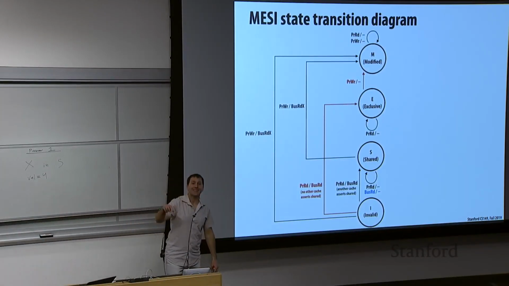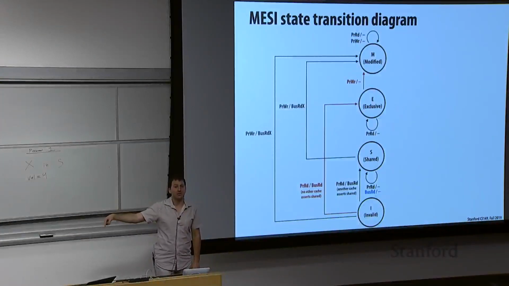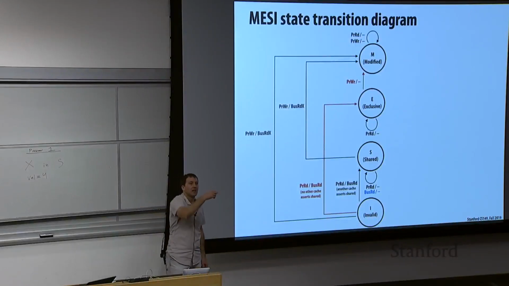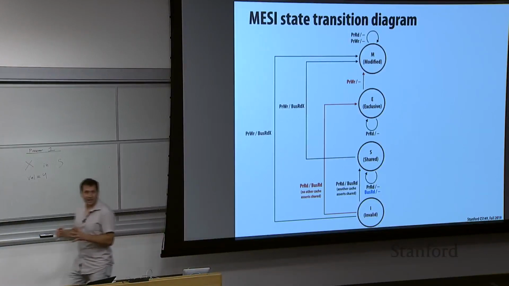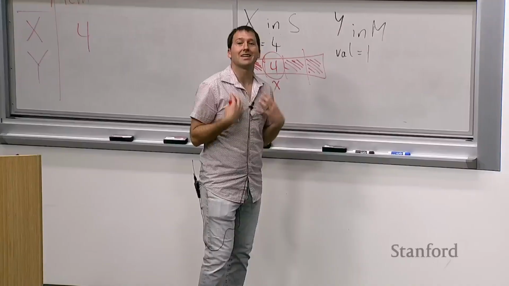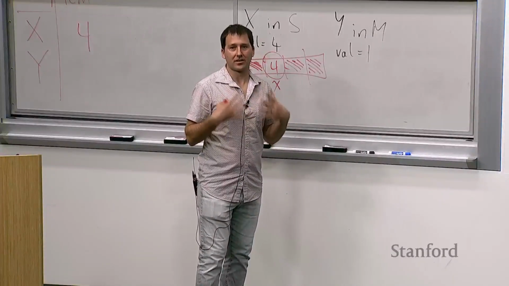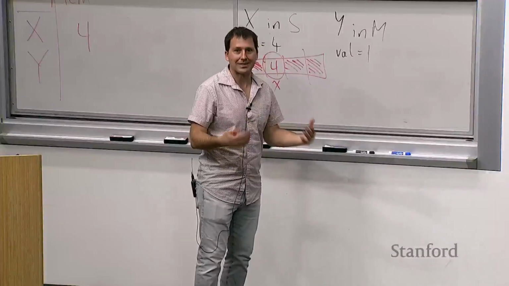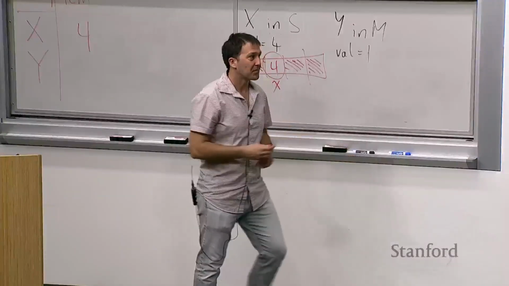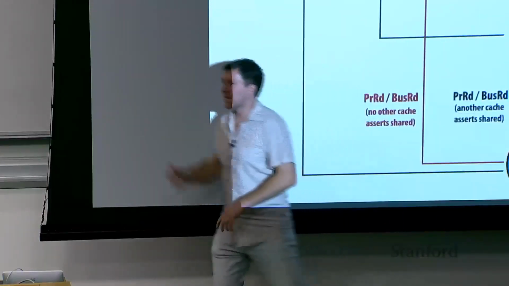Let's think about a particular use case where you read a value and then at some point later you write to it. Very common case in computer science. So let's think about MSI in the case where a thread reads and then writes. If a thread reads, I bring it in as a shared state. All I know at this point is that there may be other processors with the data. So if I go to write to it, I also have to speak up and say, hey, I'm going to write now. Okay? MESI says when you load data, when I say, hey, I want to load the data,